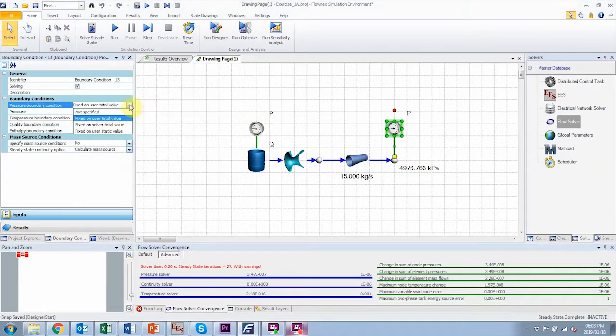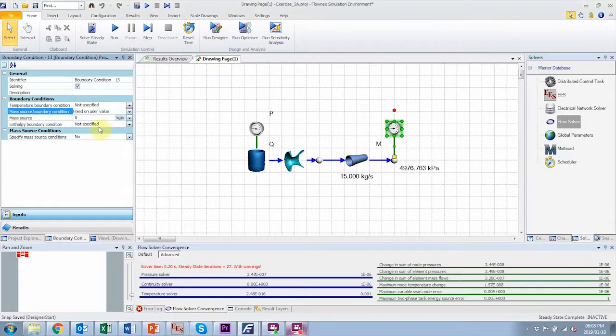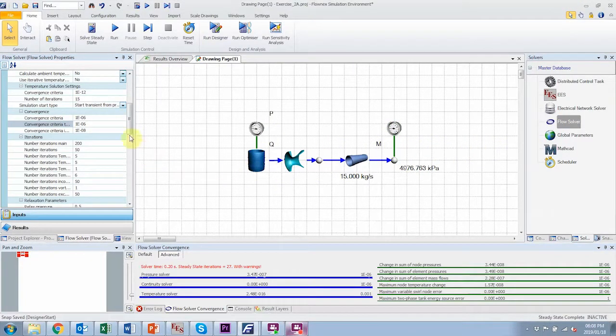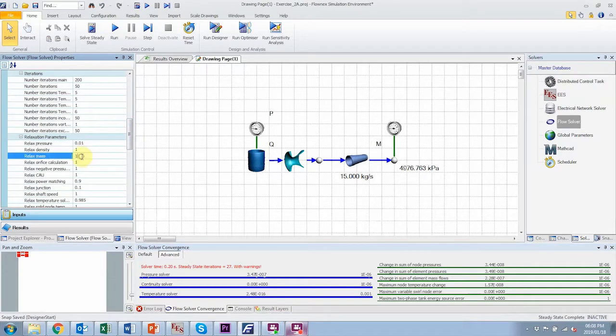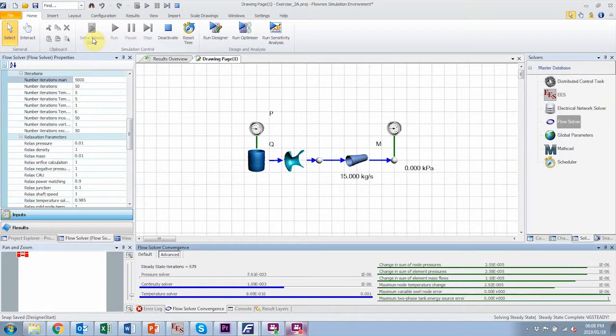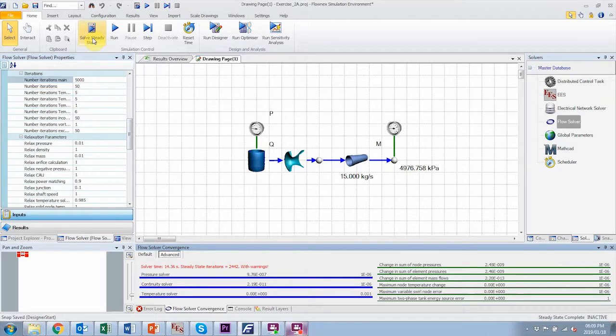Convergence with a mass source boundary value can however still be obtained by significantly reducing the relaxation values in the solver settings and increasing the allowed iterations. This does, however, require understanding of the relaxation approach, and it will take more solving time. And while we are on the topic of challenges with regard to convergence,